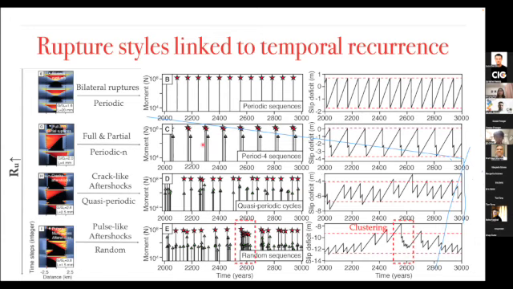So we call it periodic sequences. Then the sequences become more random when aftershocks are involved, and I believe it should be related to some stress perturbation caused by small ruptures. But for a crack-like model, it is still, we call it, quasi-periodic,